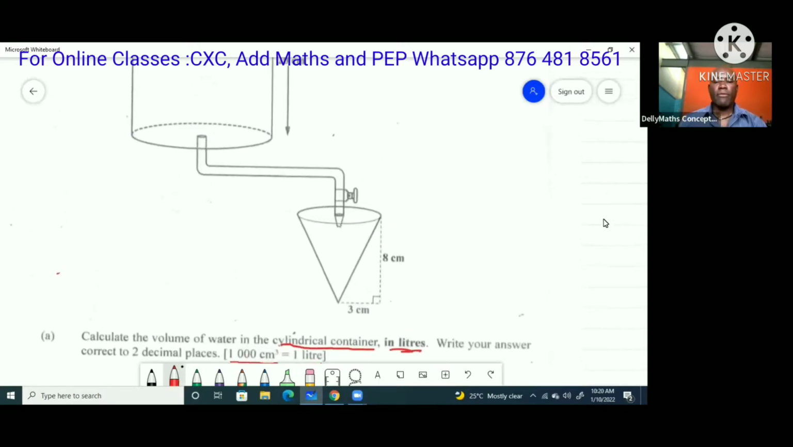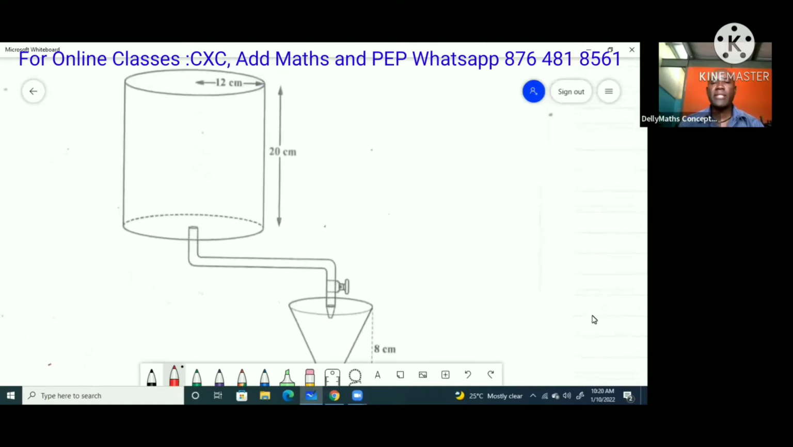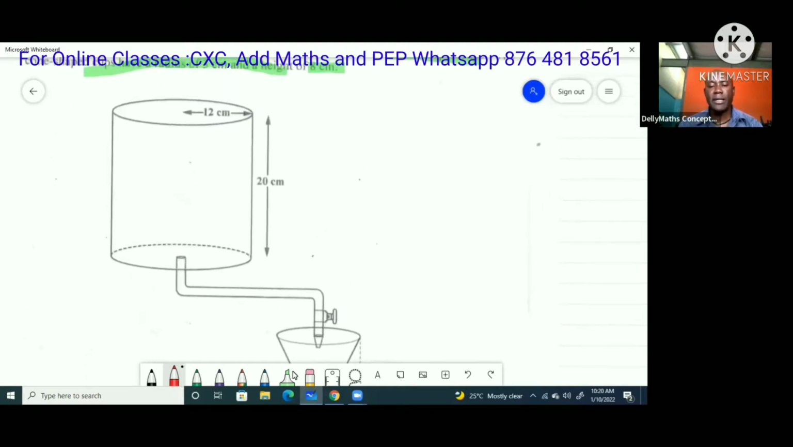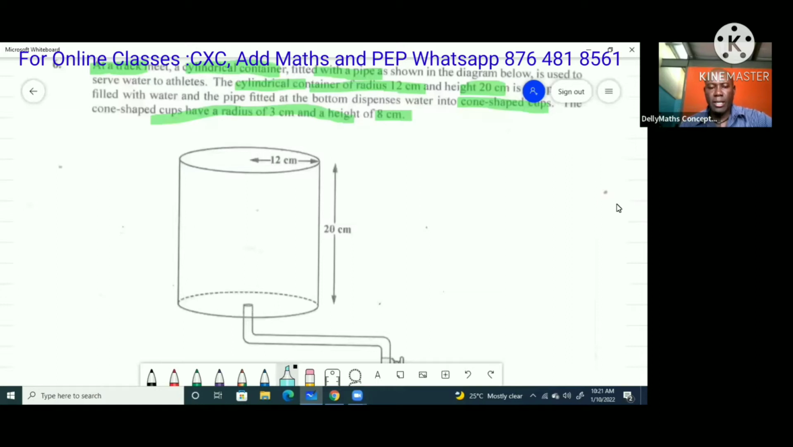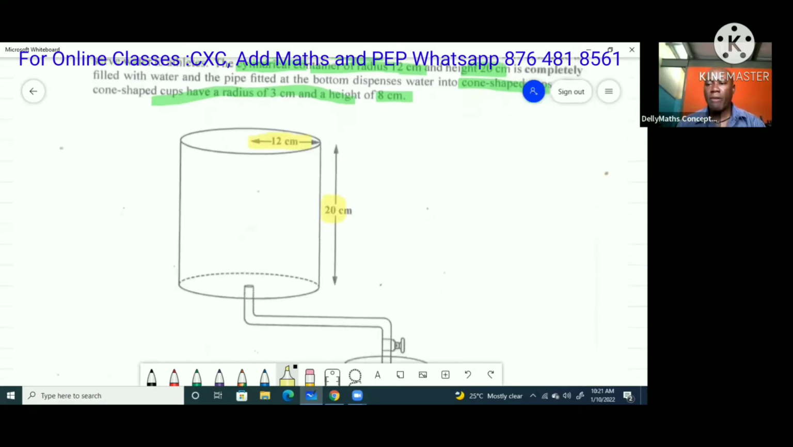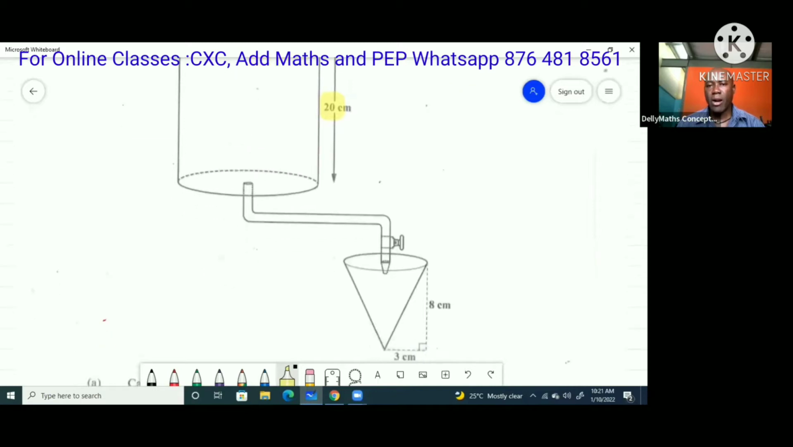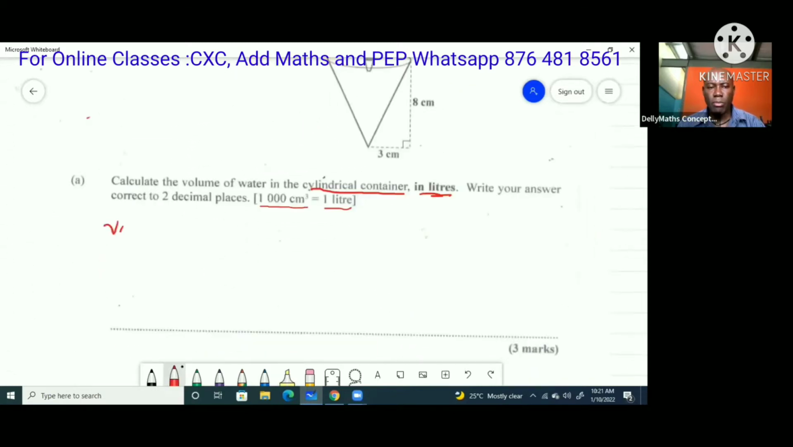The volume of the water in the cylindrical container simply means that we need to find the volume of the cylindrical container. Here is the container, and in this container we have a radius of 12 and a height of 20. With this information, we can find the volume because it is the area of the cross-section times the height, and the cross-section is a circle. So the volume of this cylinder is equal to